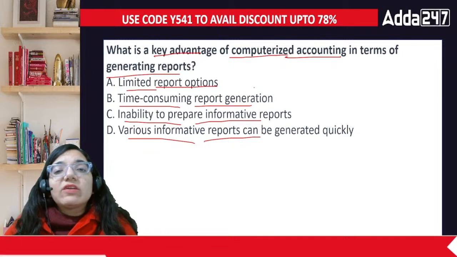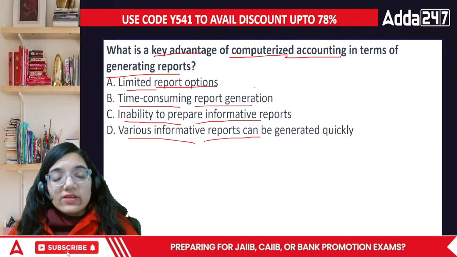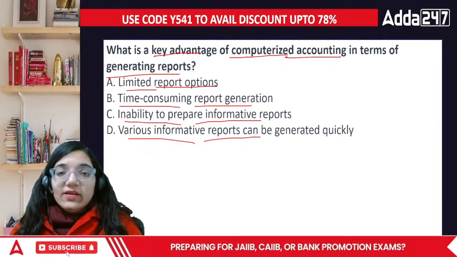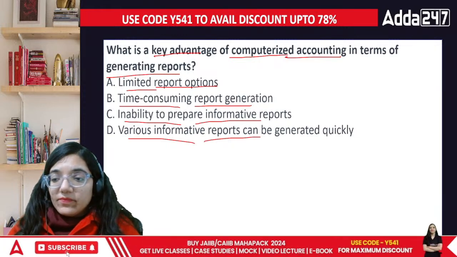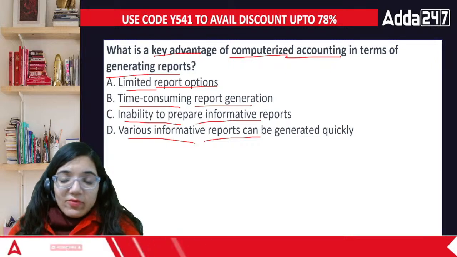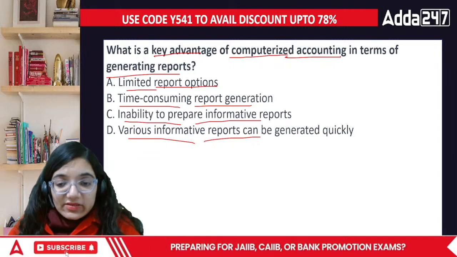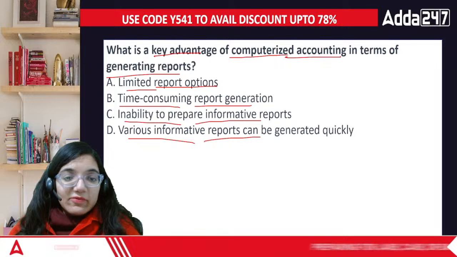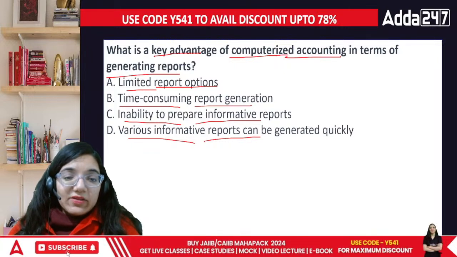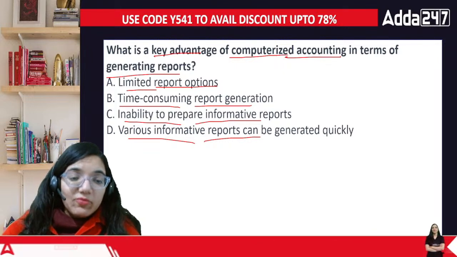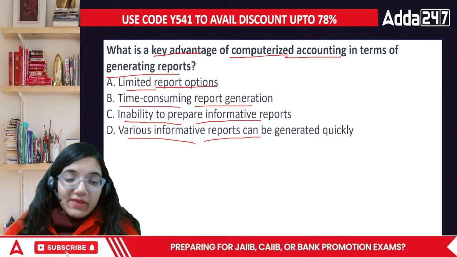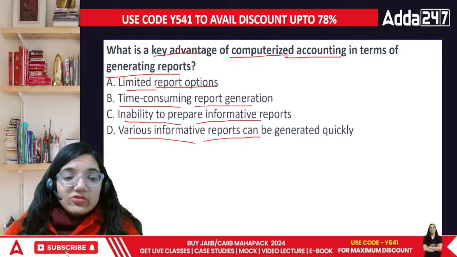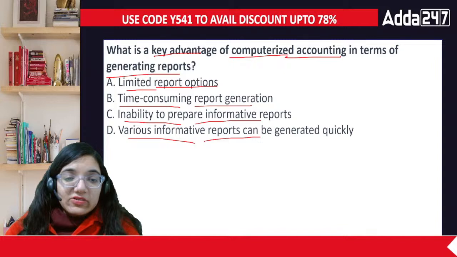When we talk about the key advantage of computerized accounting, one of the strongest points is we don't have to prepare all the things manually. We put up all the information in the banks, right? We put up all the vital information and whatever we are dealing with. Ultimately, you get the particular point of the working in a simpler manner. So this is possible only because we are following this specific method, that is we are using computers.